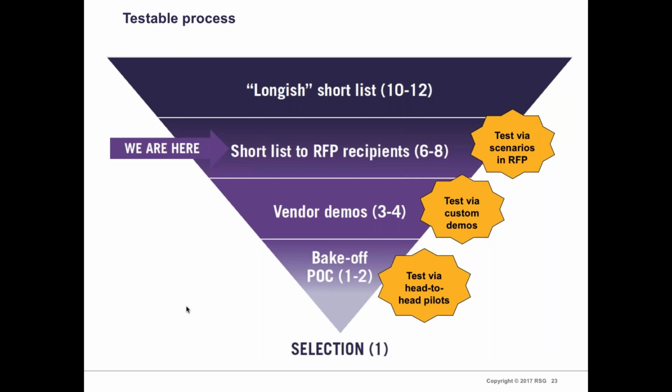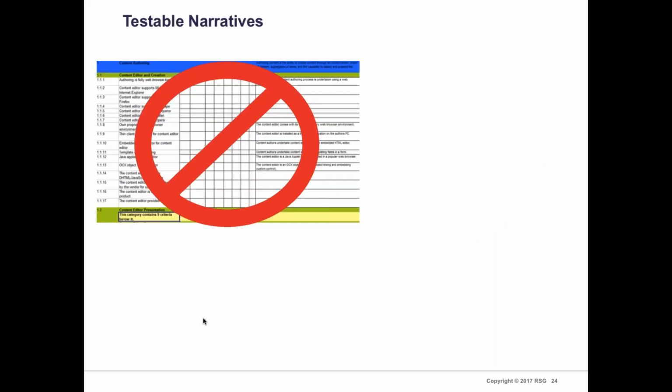Then the most important thing is always, always, always hold a bake-off or proof of concept where you're testing two vendors head-to-head, where you're not just watching a demo, but your team is actually getting hands-on, impersonating different personas within your enterprise, and really testing to make sure that it's as usable and as good a fit for your particular business values. So you can articulate what you're going to get out of this at the end of it, and so that you really make the right choice.